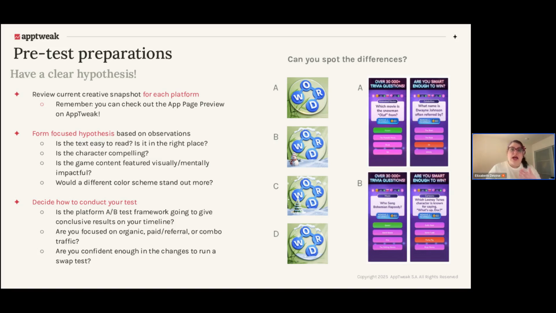So I probably would have guessed that B performed the best, just because the snowman gives the most contrast, adds the most visual interest, and I think, personally, conveys the winter theme best. But it turns out changing their icon for the winter was not what was right for them, so they kept their original icon. Now, for the Triviastar hypothesis, my best guess is that the questions that were changed out